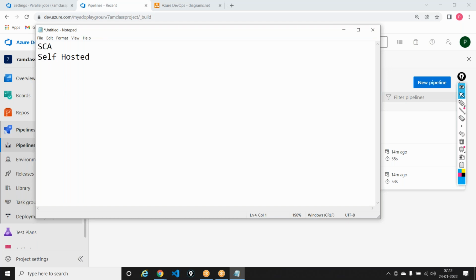After these two topics, we will be going into the release pipelines. We will be understanding what a release pipeline is, what strategy we need to follow for a release pipeline, and what infrastructure as code is, meaning how you use ARM templates along with Azure DevOps in order to create your infrastructure on the fly. So these are the topics that we're going to discuss in the release pipeline. But until now,